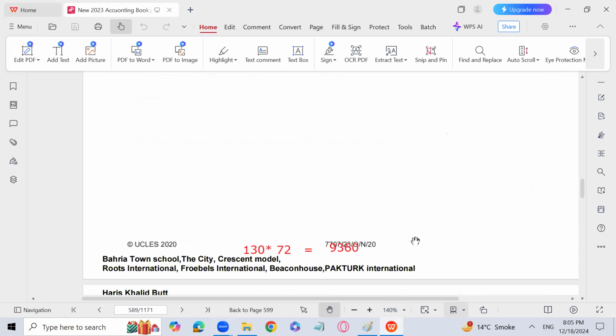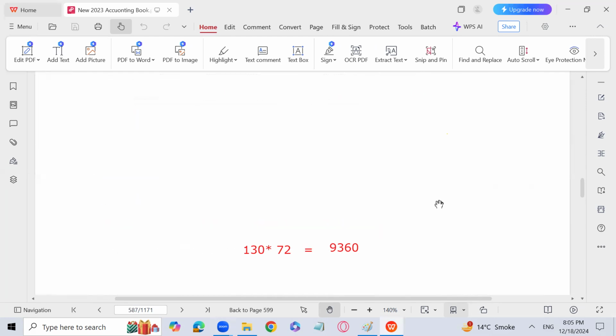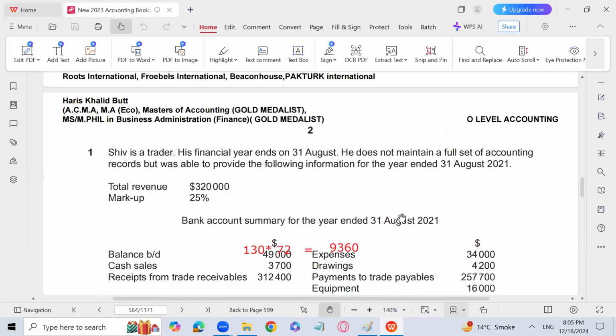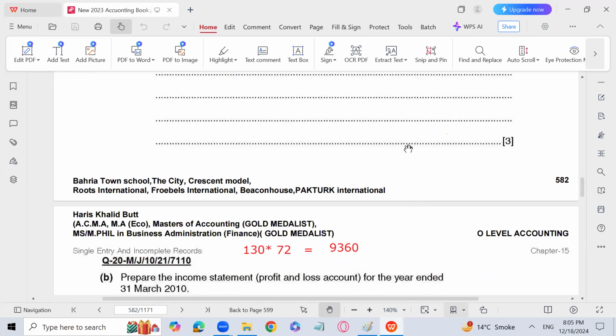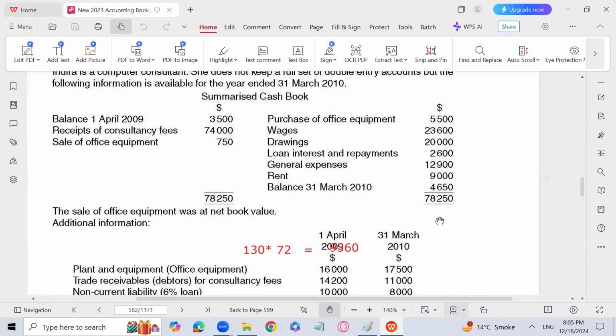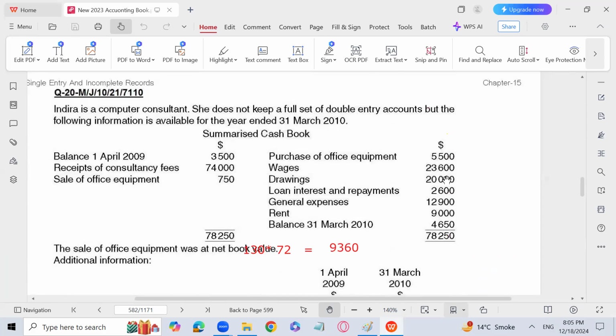And this question you have already done. You need to do this question also, that is May, June 10, 21, right? And one question is from May, June 11. May, June 11, that is also a part of the